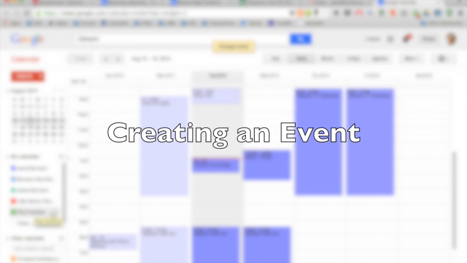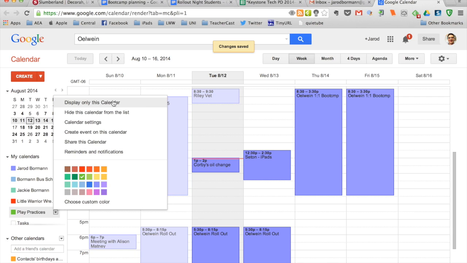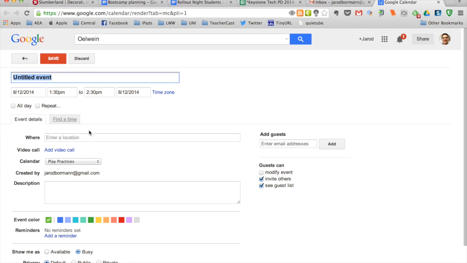Now if I wanted to add an event to this, let's say today's August 12th, so I want to go ahead and create an event on this calendar, and let's say first practice starts today. We'll say it starts at 4 o'clock to 5 o'clock, and by default it usually sets up each event to last for 1 hour, but